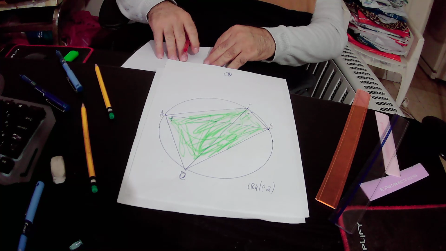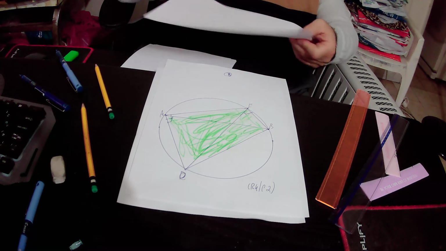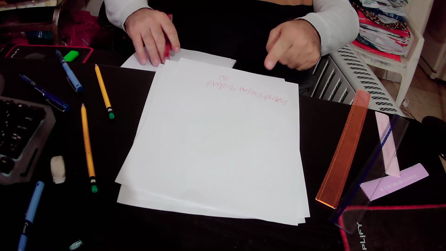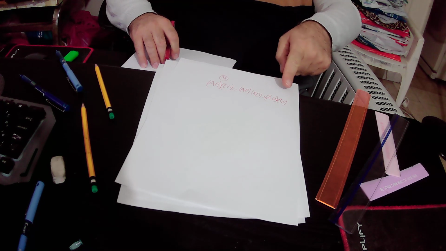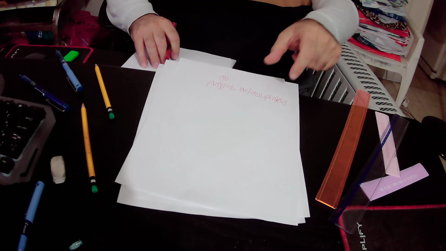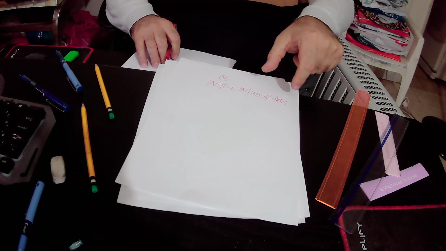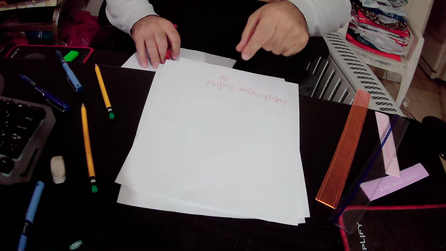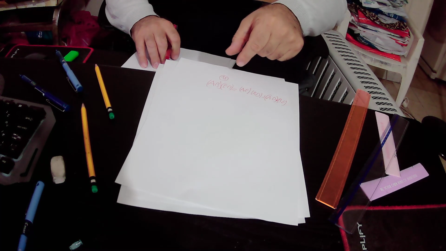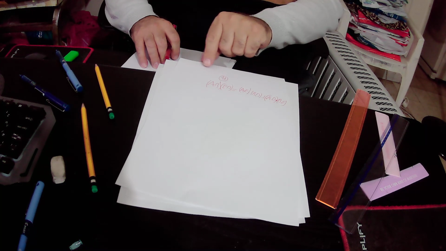And the sum of the products of its opposite sides is product number 1 plus product number 2. So the sum of the products of its opposite sides, that is to say AE times BD plus AD times BE, equals the product of its diagonals, that is actually AB times DE. This